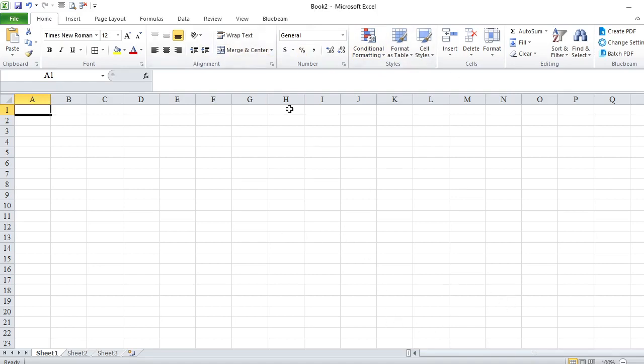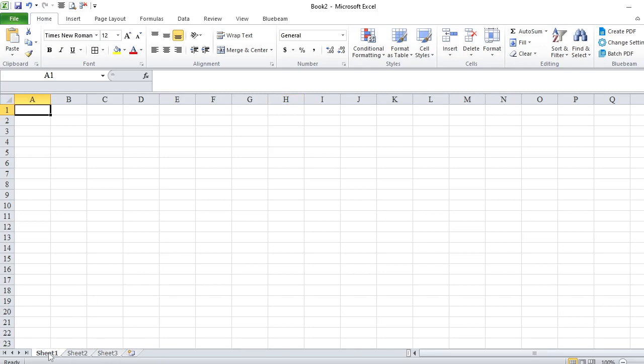This is a workbook. Workbook means the name of the file. You can change it, rename it, delete it or whatever. But it has worksheets, as I have told you.